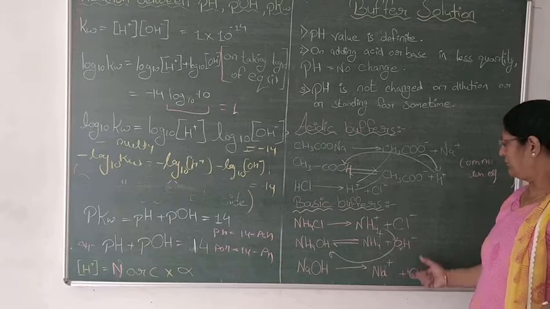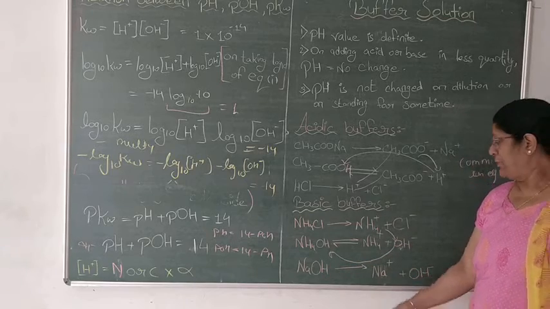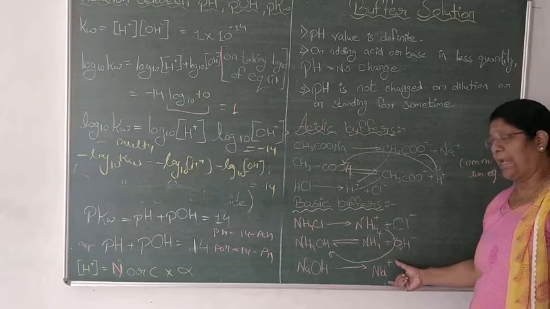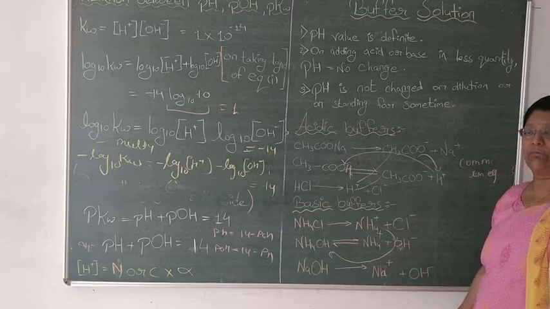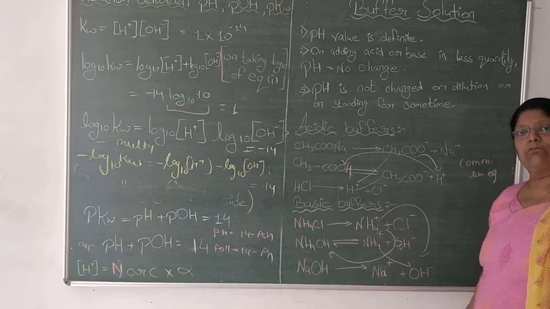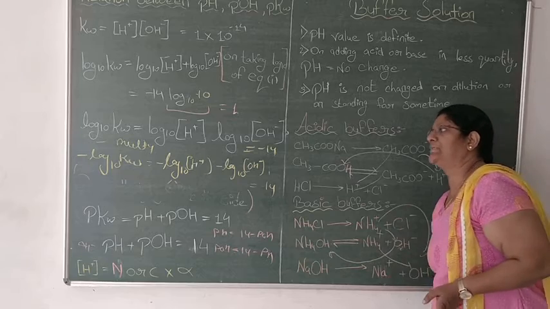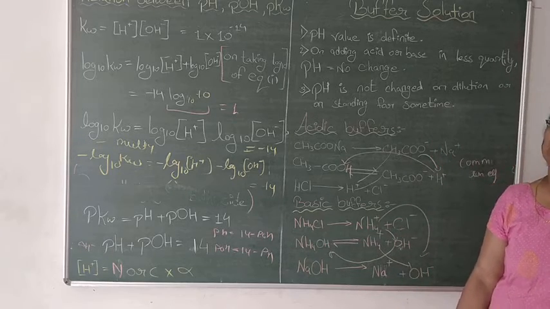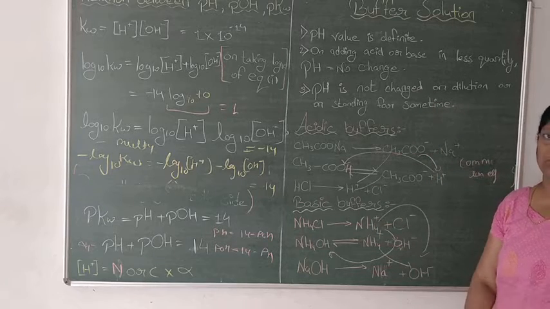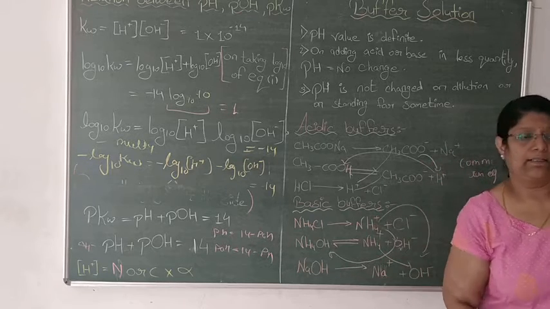To check whether this theory is correct or not, we add some strong base. The dissociation of this base is irreversible, and we get Na positive ion and OH negative ion. All these OH ions will react with the NH4 ion, and there will be no more OH ion present in the solution. That's why the basicity will never change or get any effect. Such solutions are considered buffer solutions. For buffer solutions, we go for the Henderson equation, then solubility product.